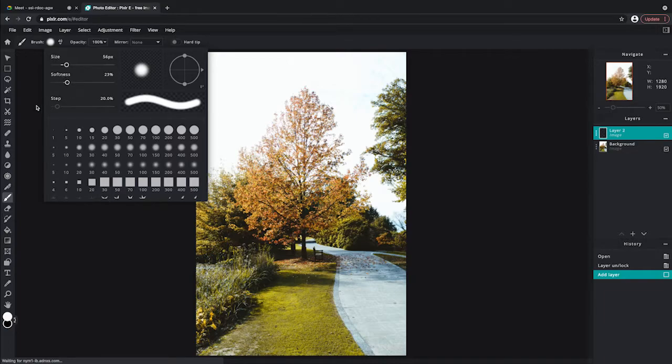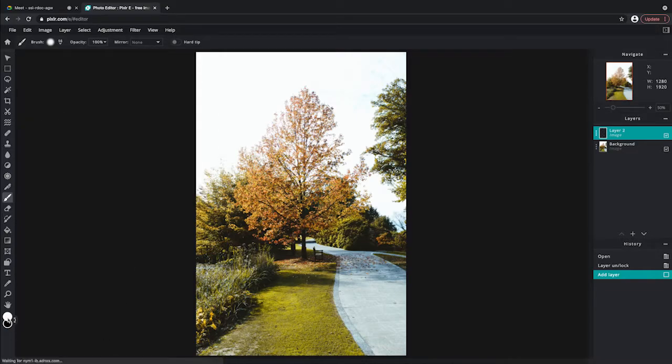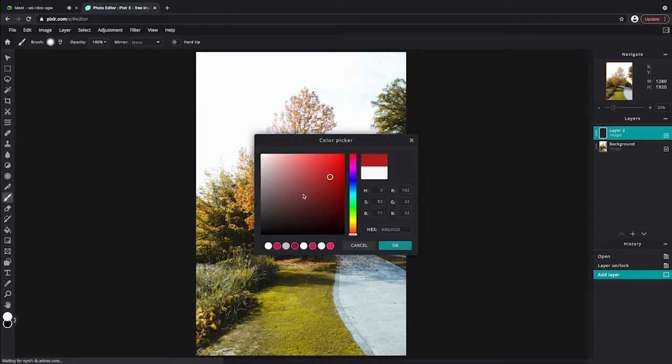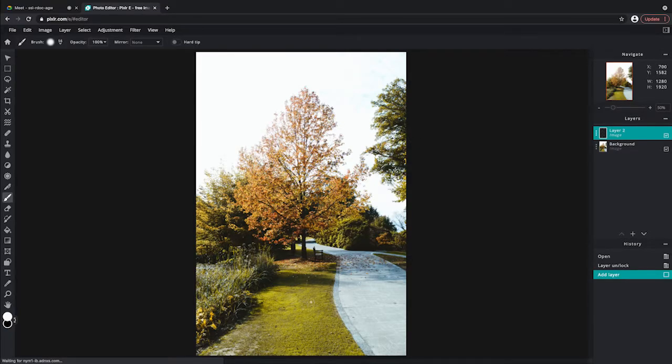Now, for your brush, if you come down here, these are the colors that you can use. This white color is primarily the color that is going right now, that is going to be the color that you're going to use as your brush. If I click on it, then I can change the colors very easily. I'm going to cancel out of that. If, for instance, you are using an image to be inspired by, and you want basically these colors to actually use, you can go to the